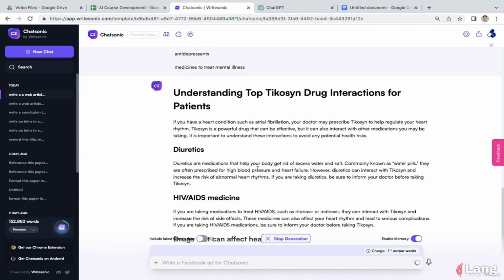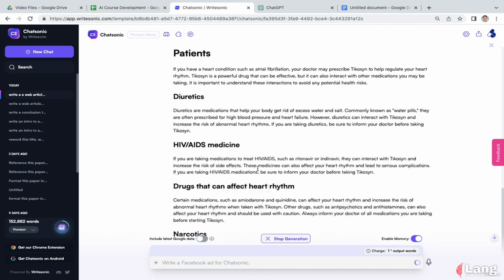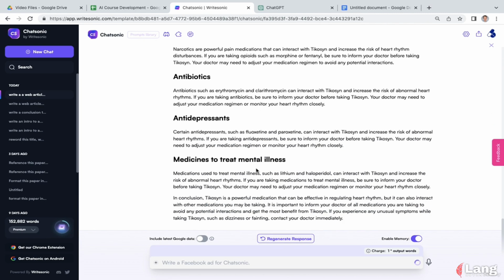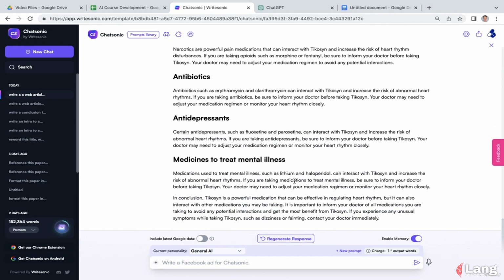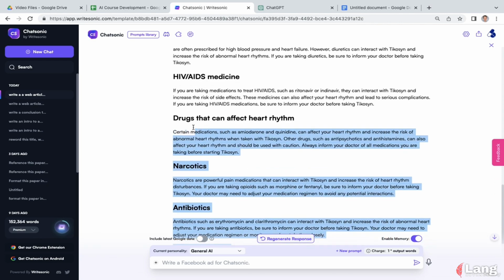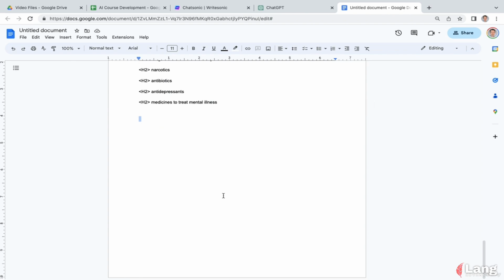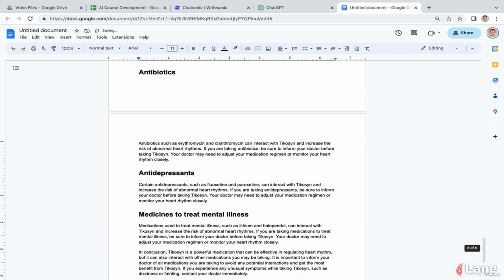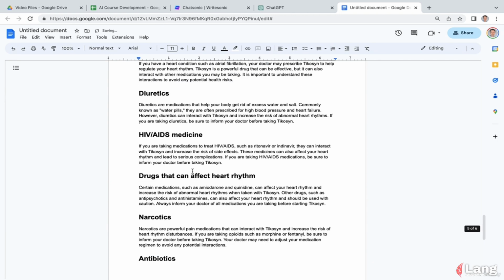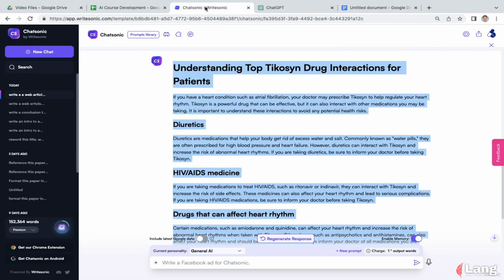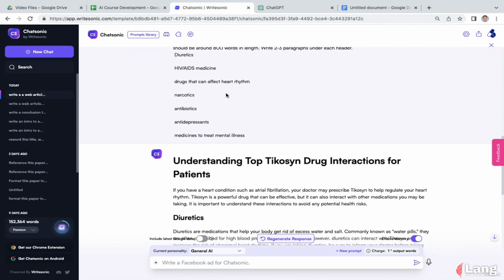There we go. Now it's looking a little bit better. Still not as many paragraphs as I would have hoped for, but we got at least a good start on that. I'm going to grab this raw output and copy and paste that into here. And what I would maybe do in this particular case, since the output is not quite as much as I was hoping for, is I would take this and also plug it into